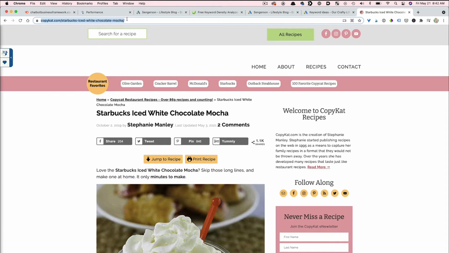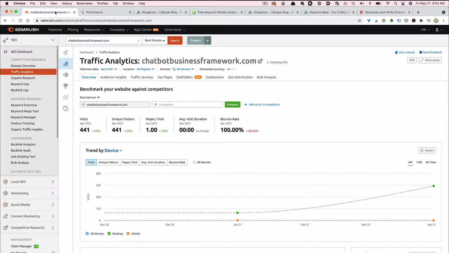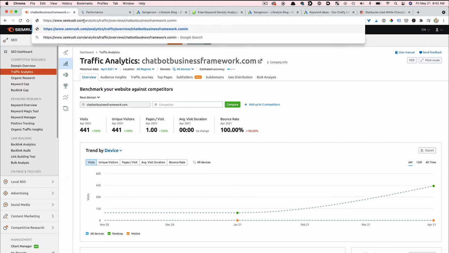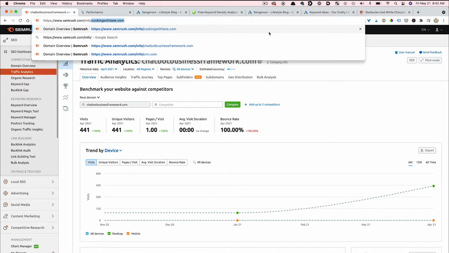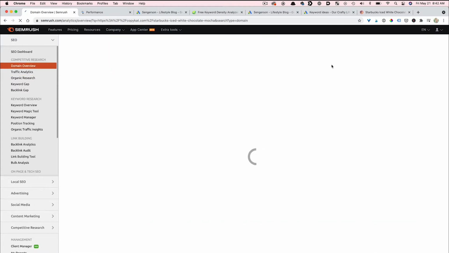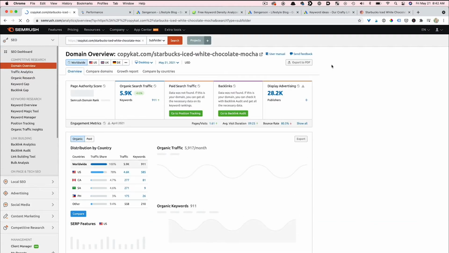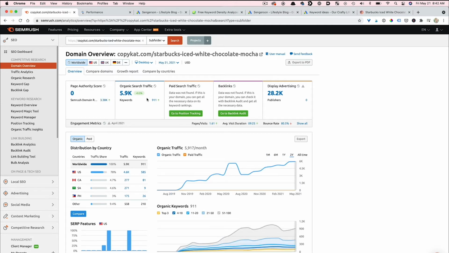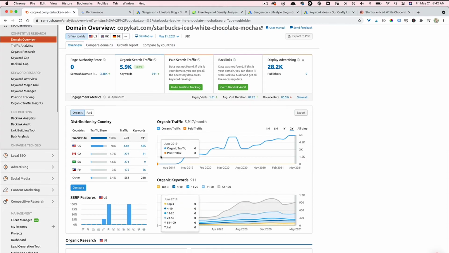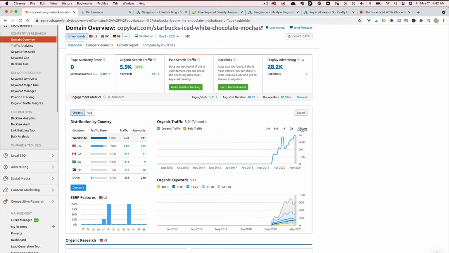So what I'll do is I'll copy and paste this URL, and then I'll go in here and go to semrush.com/info/ just like that. And then what I can see is how much traffic, and I normally multiply this by like 3 or 4. So this is how much traffic they're getting. This is their ranking. It looks like, let's see, all time. Looks like they wrote it around September, October timeframe.